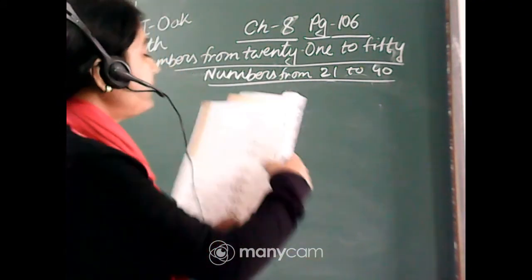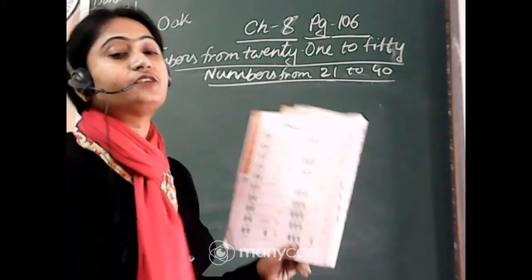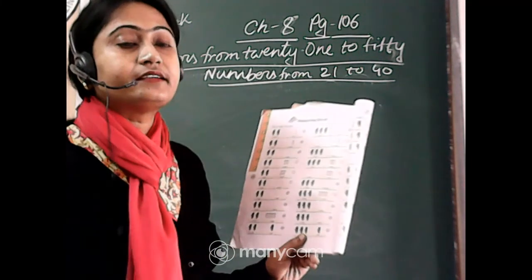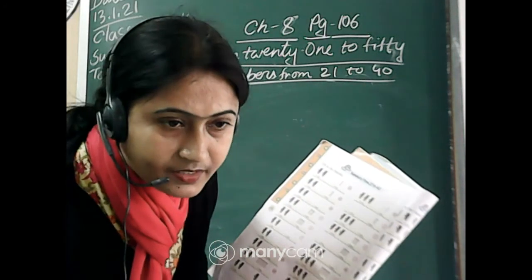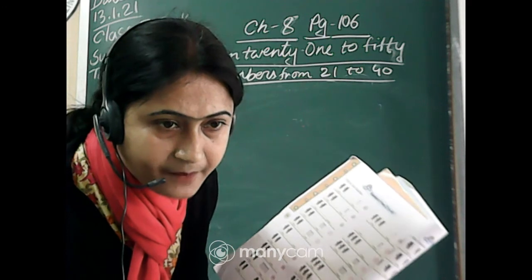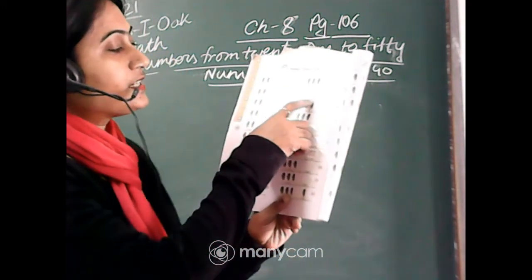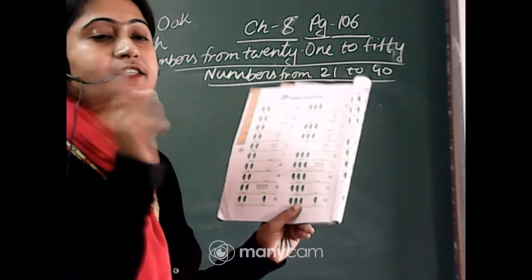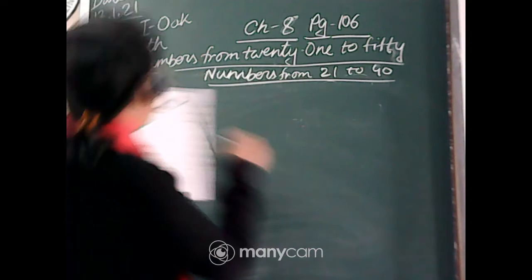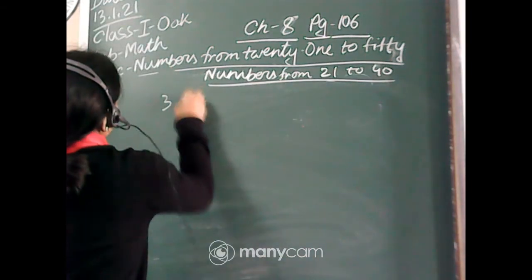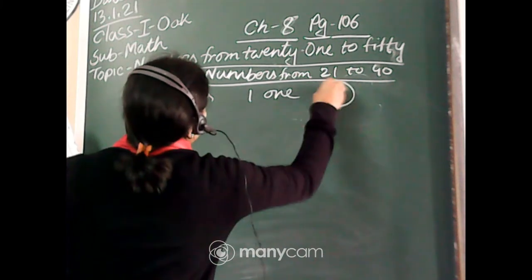Now in the right side you can see 3 tens plus 1 one. What is the number? 3 tens plus 1 one, 31. Right side, beta Adrija. Now here in the tens room 3 bundles are missing. They are not drawn here. Now the next one, 3 tens and 1 one. The number is 31.